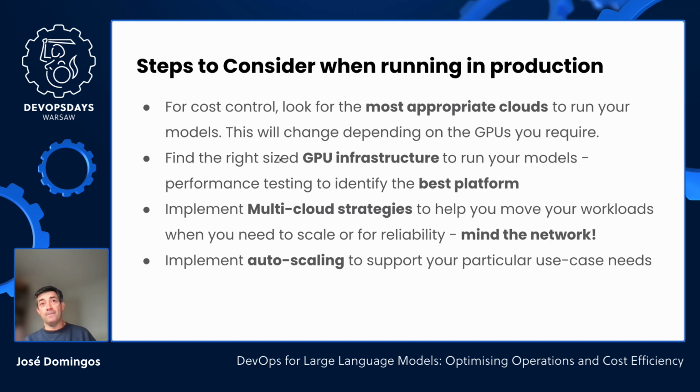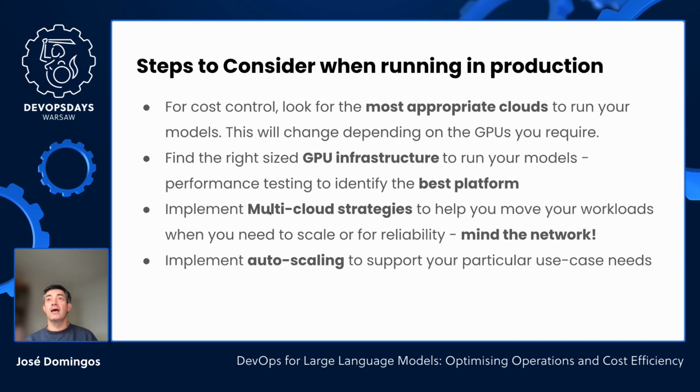You can find the right-sized GPU infrastructure by doing performance testing. You can test your model on different GPU platforms with different memory profiles. You can look at the cloud scaling capabilities of a particular platform, but effectively doing that testing will allow you to run your models on the most appropriate